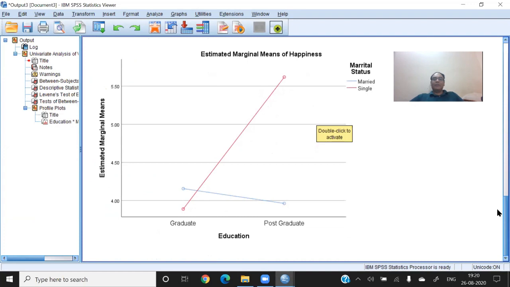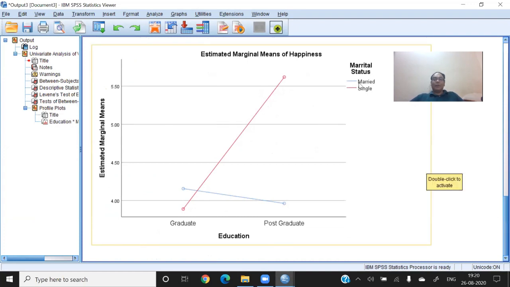Let's see. Here we found that the blue line is for single. So those who are single and graduate are happier as compared to single postgraduates. Those who did graduation and are single are happier as compared to the postgraduates who are single.